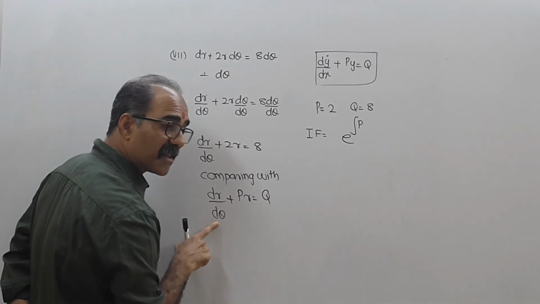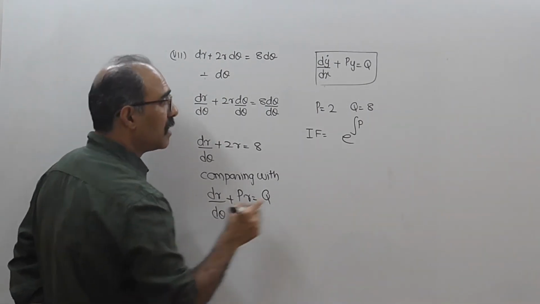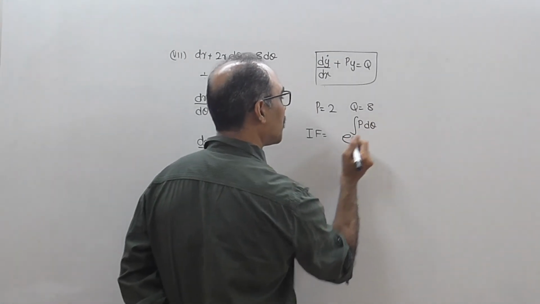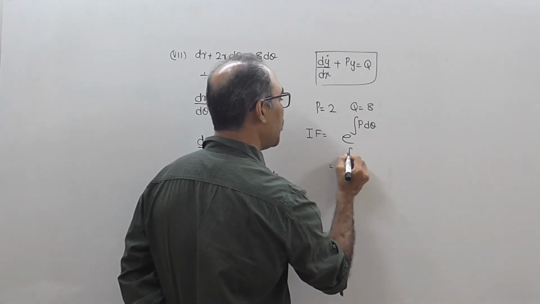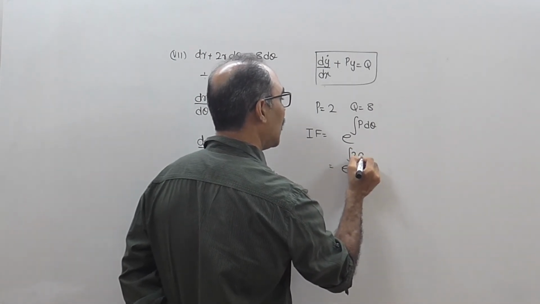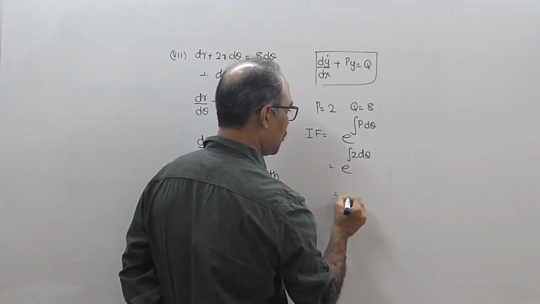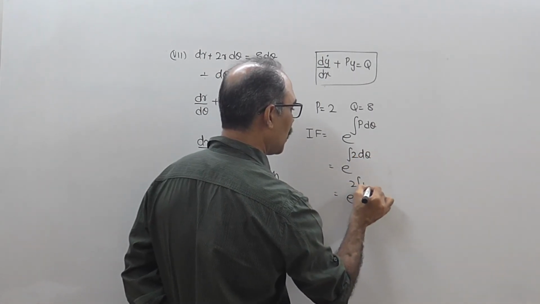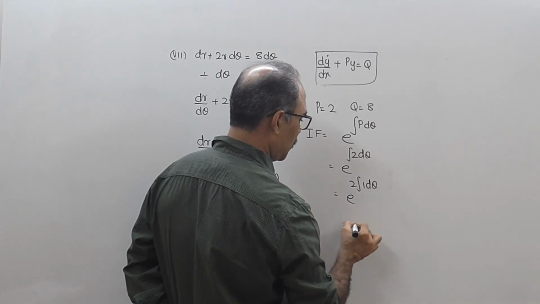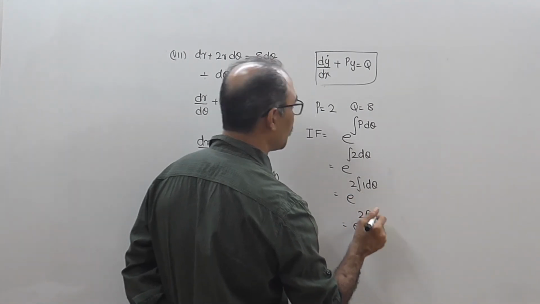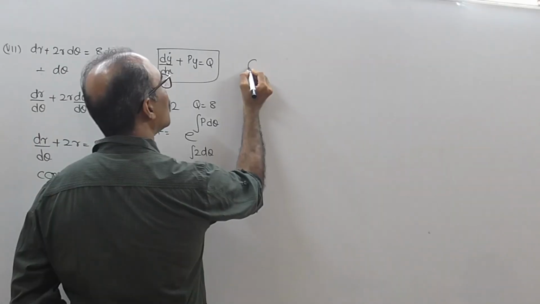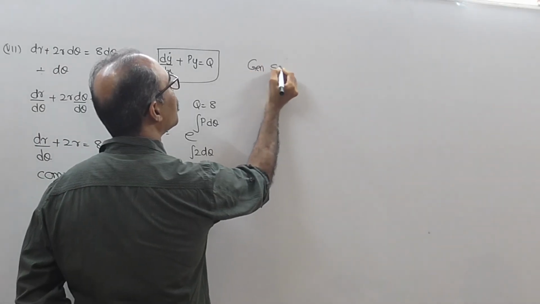You are differentiating with respect to what? Theta. So the integration will also be with respect to theta, that is e. What is p? P is 2 and this will be d theta. So e 2 बाहर, you get 1 d theta. So this is e 2 integration of 1 with respect to theta is 2 theta. My general solution will be,